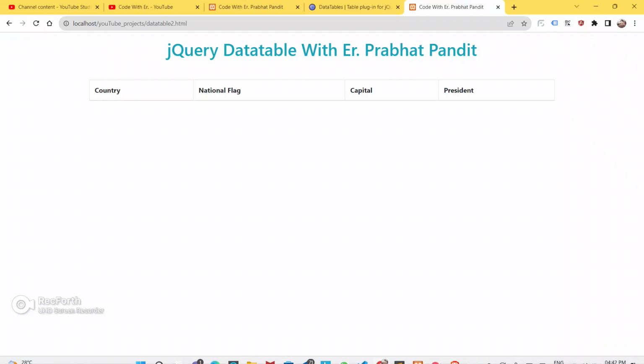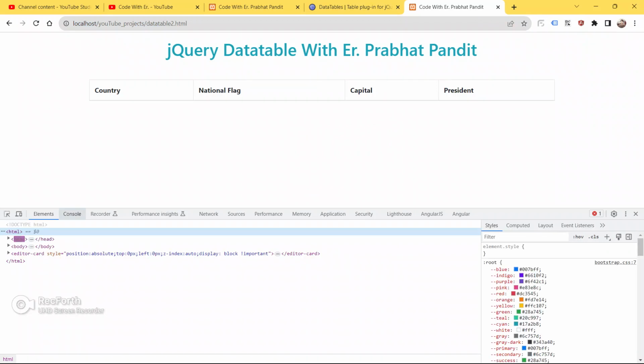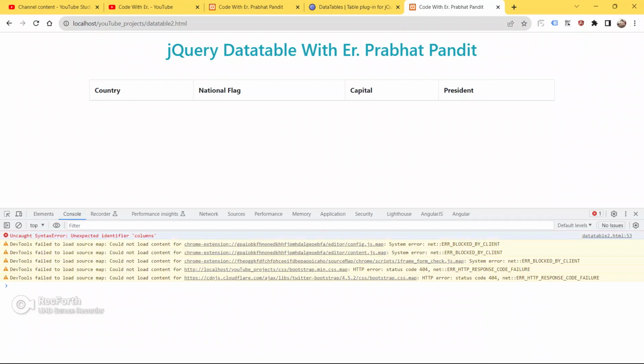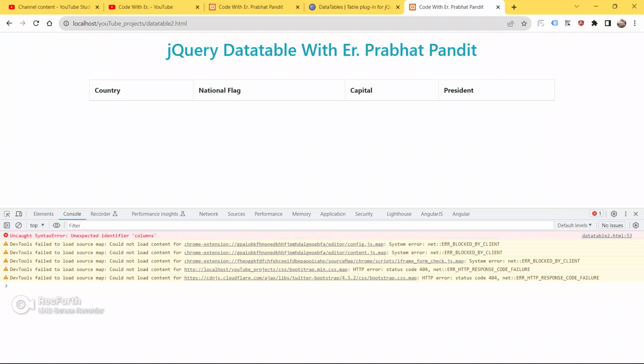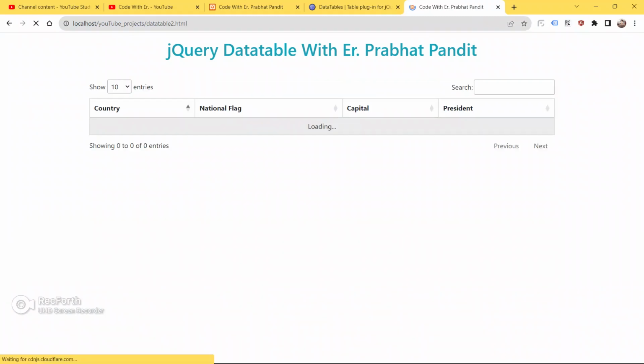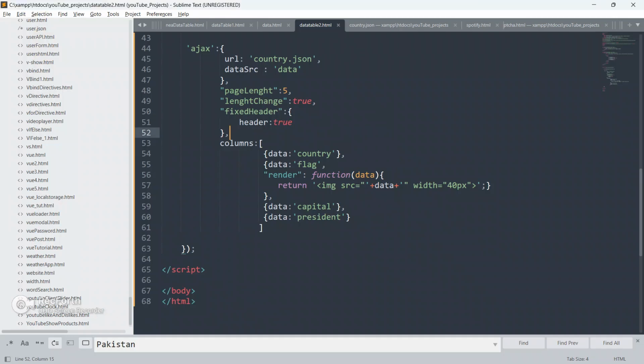Now save your code, go to the browser and refresh your page. Still one error, guys, let me just go to the developer tool, let me see what the error is. So here we have to put a comma, yeah, sorry guys I was forgetting, we have to put a comma here. So just save your code now, go to the browser and refresh your page, yeah, boom guys.